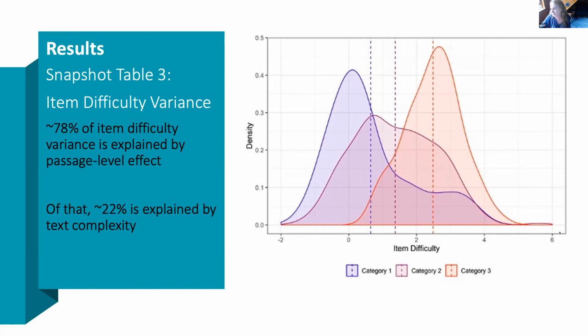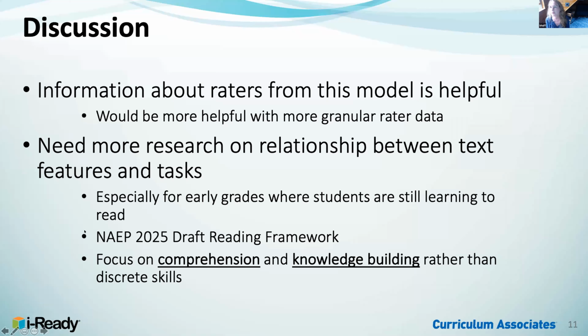I'll wrap up with something I mentioned before, that I do think that the information from this model is helpful. I wonder, for the first 2 research questions, if a model like this might be overkill. I wonder if I could have drawn the same conclusions just by running some descriptive statistics. And I wonder if we could have found out more if we had a more granular multi-level model with raters within groups instead of just a group.